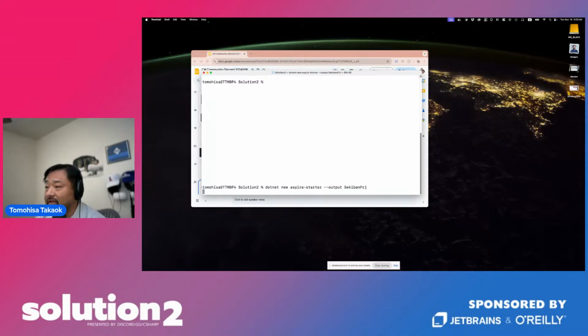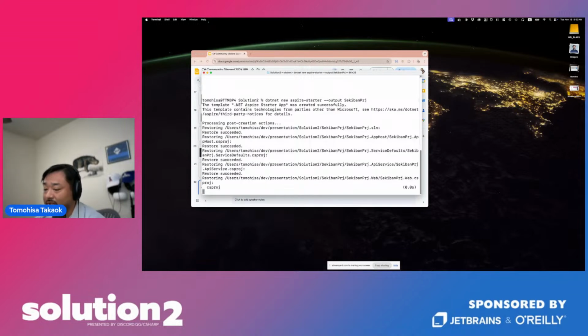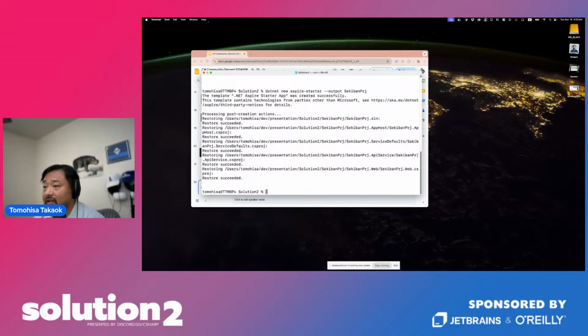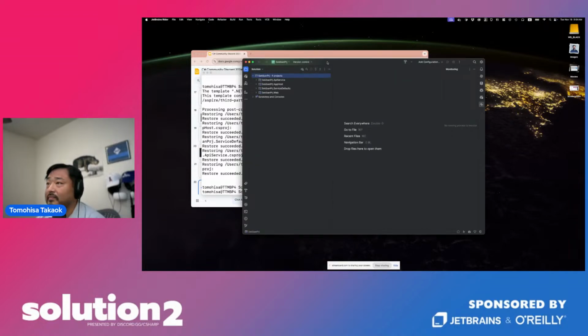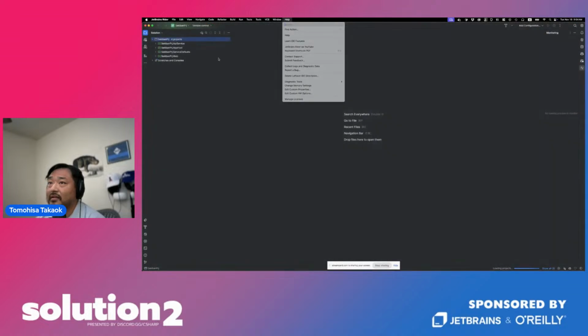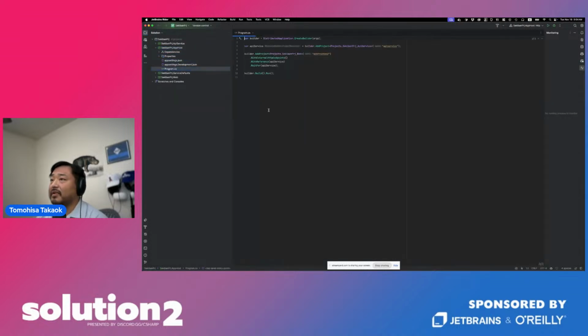But let's make one project with dotnet new. So that's the Cream project that I made, and then open it, and the project is made. Let's open it with JetBrains Rider. So that's a simple project made with Rider, and for Aspire.